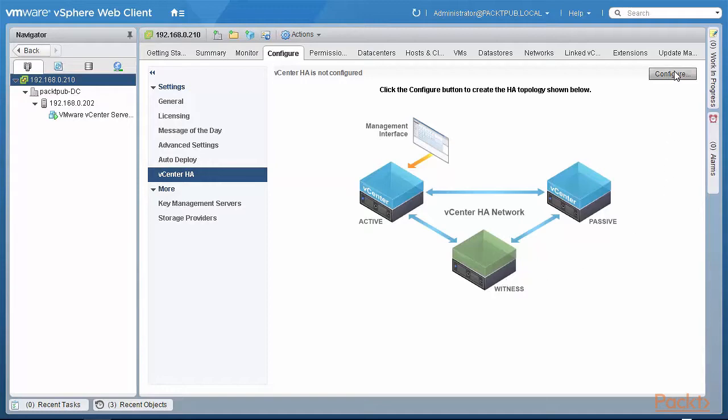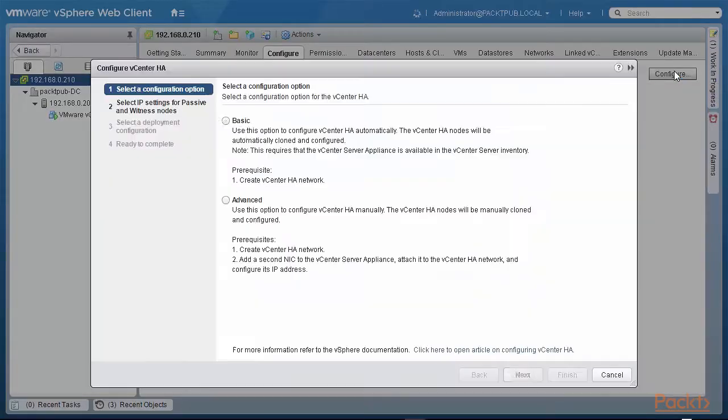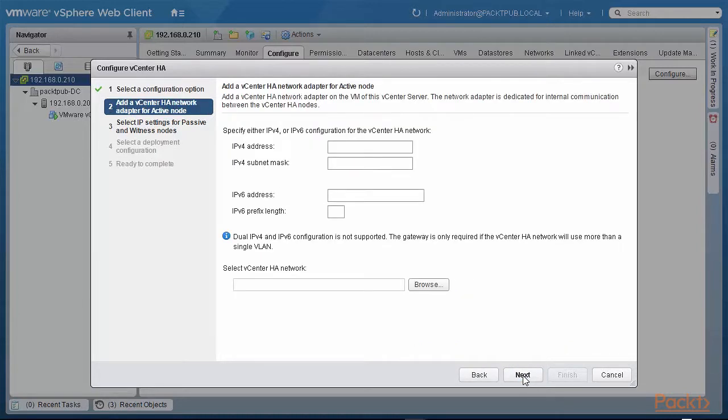So let's go into configure. There are two options, basic and advanced. Let's see if we can work with the basic option. I click next. Add a vCenter high availability network adapter on the virtual machine for this vCenter server. And this is dedicated for internal communication between the HA nodes. And this will have that new subnet